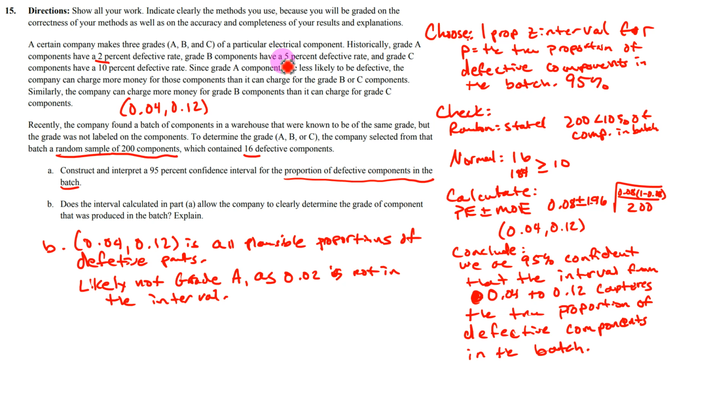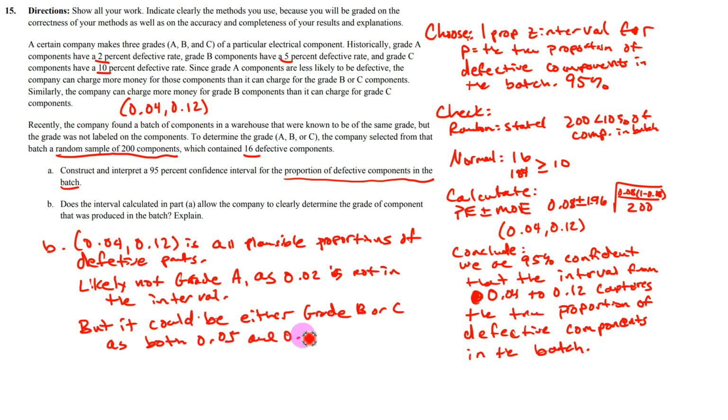But 0.05 and 0.10, it could be either grade B or C, as both 0.05 and 0.10 are plausible proportions. So no, they can't clearly determine